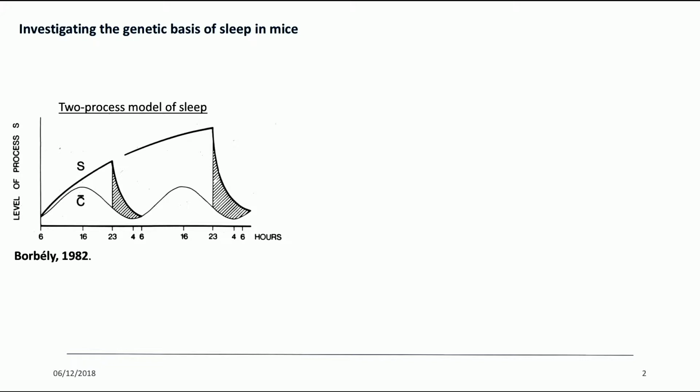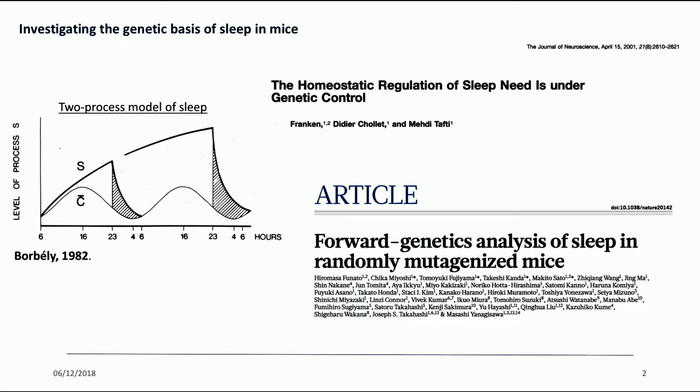There have been relatively few studies looking at this. One is a QTL approach by Paul Franken in 2001. And another one is a more recent paper we mentioned earlier, the Sleepy mutant, that's the Funato et al. paper,